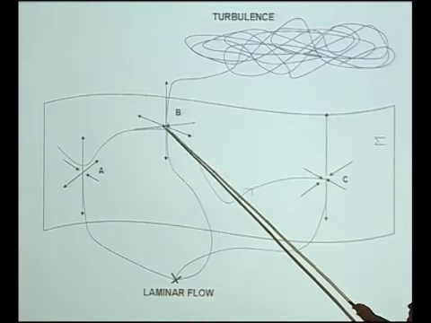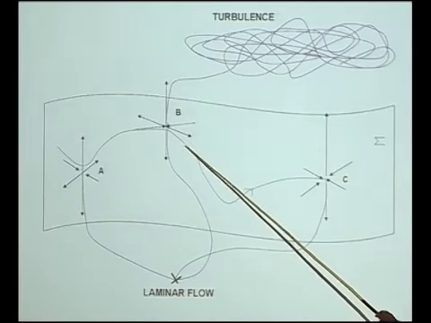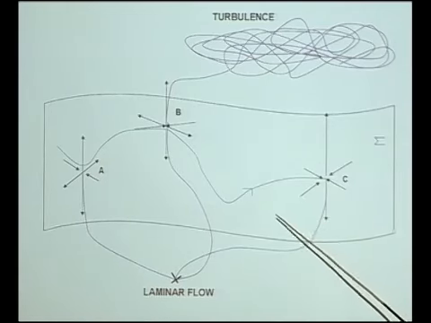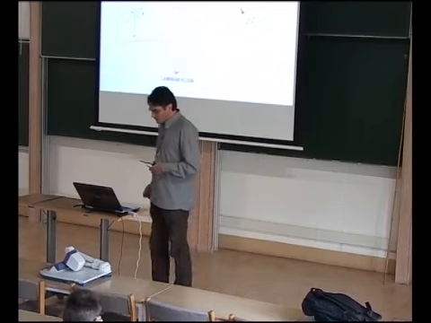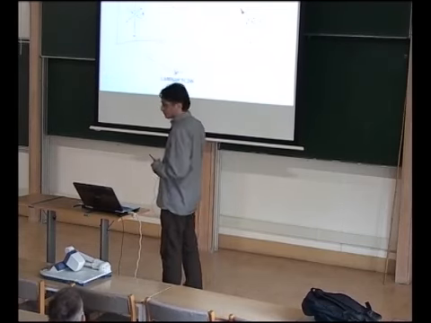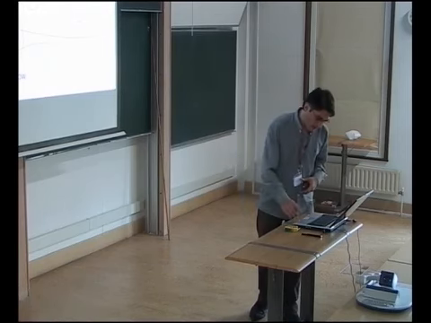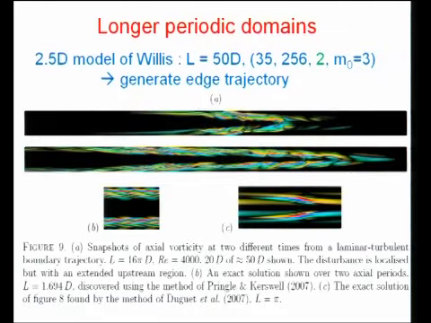Now, if you start exactly on this hypersurface, the idea is that you will transiently approach saddle points, which are still saddle points on this hypersurface if the number of stable eigenvalues allows for it. And if you find a state with one unstable eigenvalue only, then the edge trajectory will be attracted by this local attractor. So this is a rather simple idea, but of course, how does it apply for maybe longer domains,